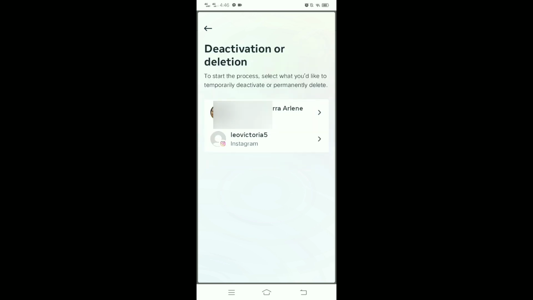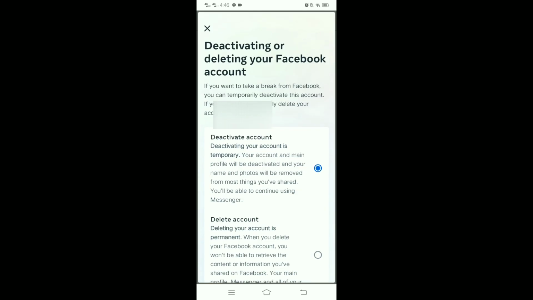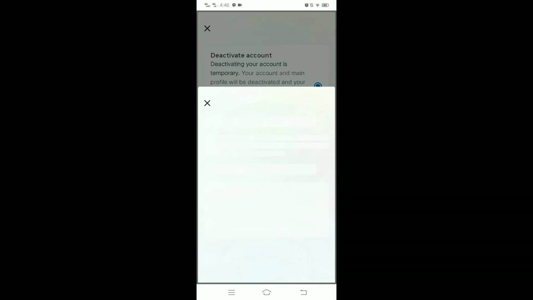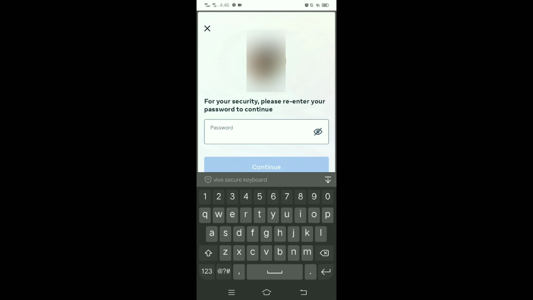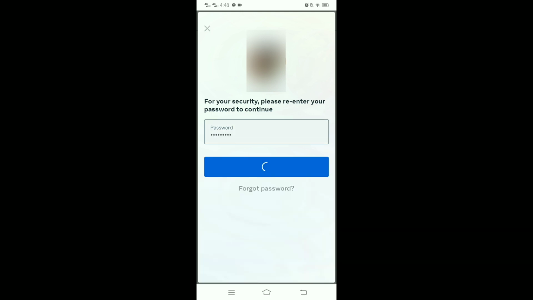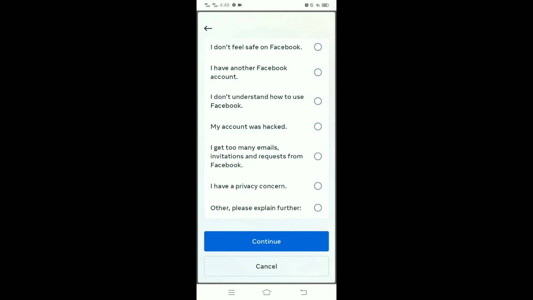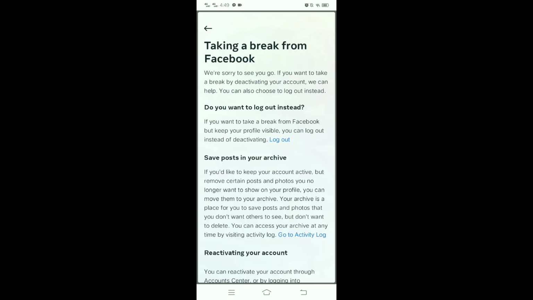Then tap your Facebook account that you want to deactivate, and then tap Continue. Enter your password, tap Continue, and then choose why you want to deactivate your Facebook account. Tap Continue, scroll down,